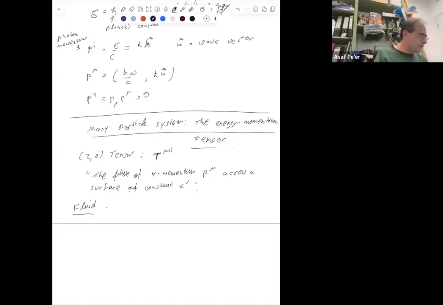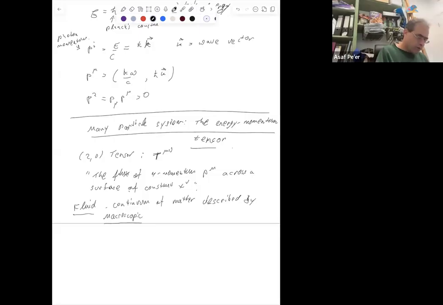I should just say a fluid is a continuum of matter described by macroscopic quantities that you learn from thermodynamics: temperature, pressure, density rho, n, entropy S, viscosity,